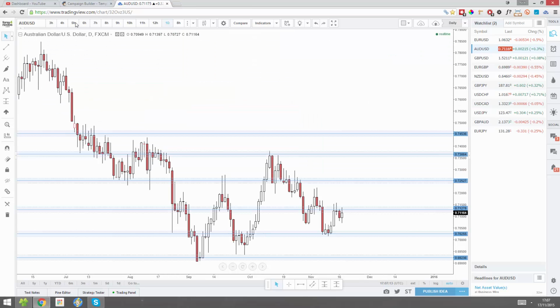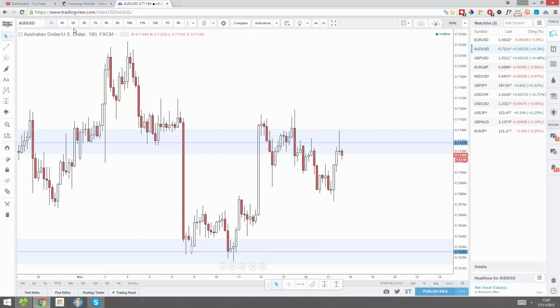AUD/USD, let's see what's forming on here. We'll start with the 3-hour and work our way up. We do have an interesting setup, I guess, forming here. It's not something I would trade because the preceding trend is too small. So the preceding trend starts here, which means pretty much the maximum I would hope for on this trade if I were to enter would be a target down here, because price is likely to stall here. It stalled there recently, so it's likely to stall there again soon. So with price likely to stall here, if I were to jump in short,